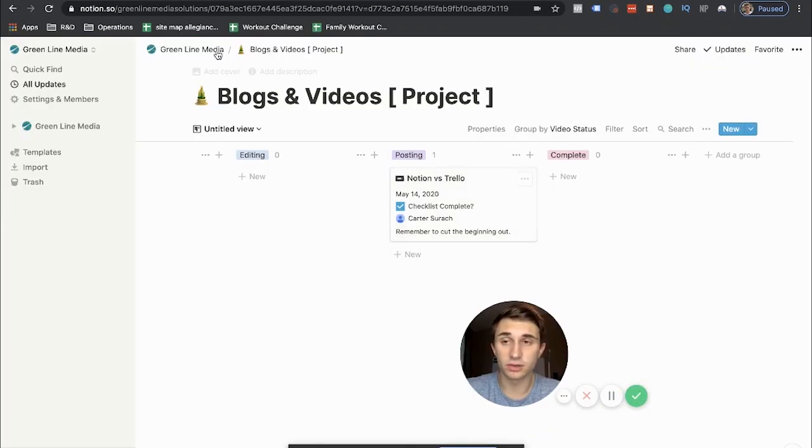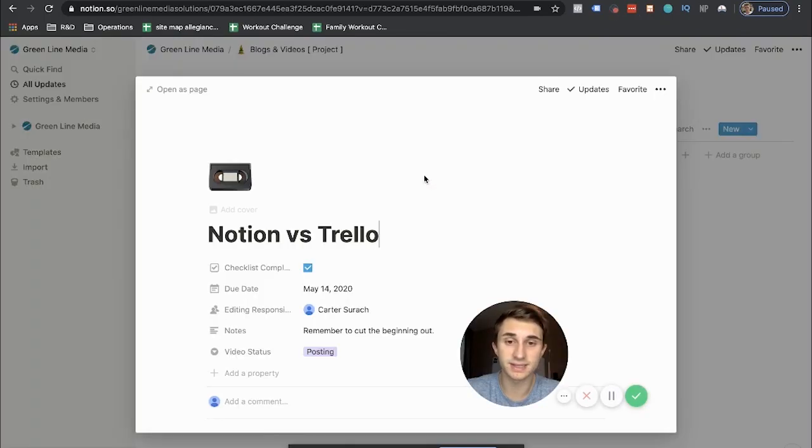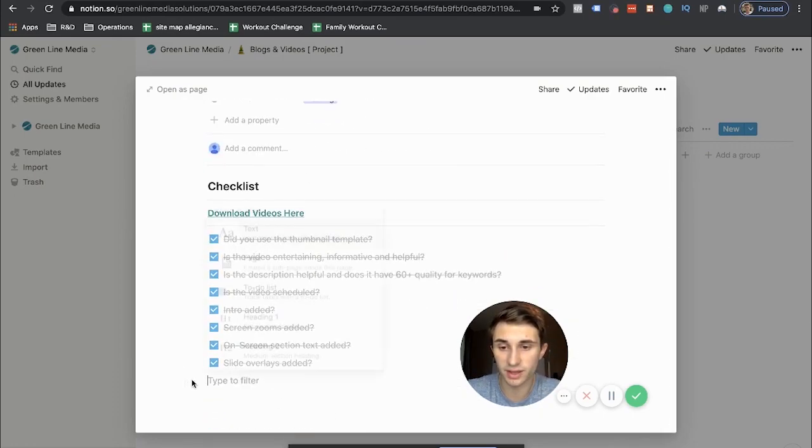This is starting to look a lot like Trello. I think Trello still looks a little bit nicer, but this is obviously a lot more flexible because you can click into it just as if it's a card, and you can create pages within pages too.